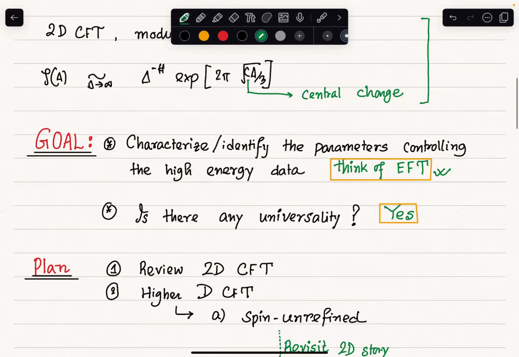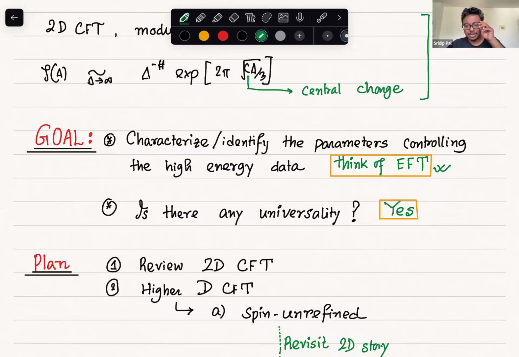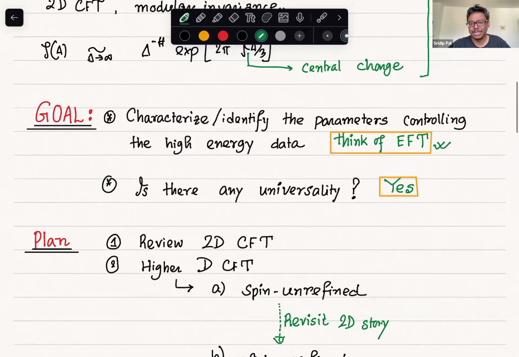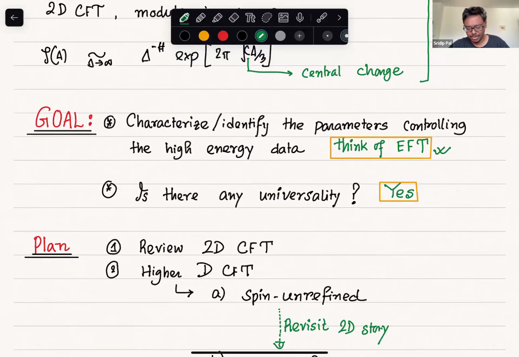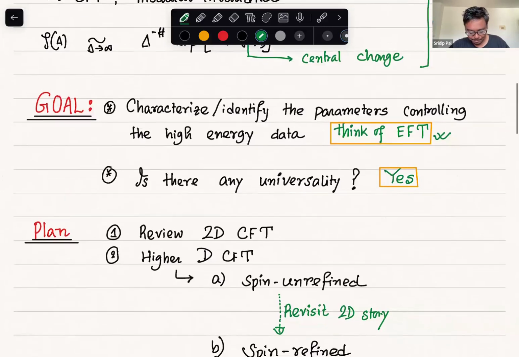When you say EFT, are you connecting it with some AdS bulk theory? No, at this point, I am only talking about the boundary. So the CFT doesn't have to be holographic. As long as it's some interacting CFT, it is fine. Okay. In the later part of the talk, I will mention some implications for holographic CFT, but for the bulk of the talk, it will be about usual CFTs. And I will say for which kind of CFTs we should be applying this EFT.